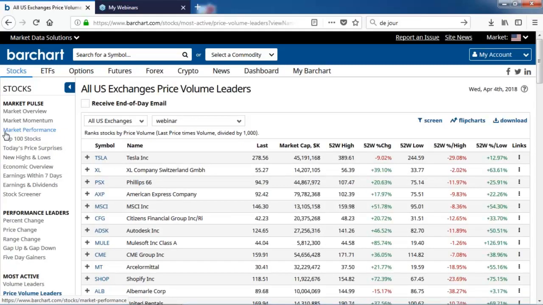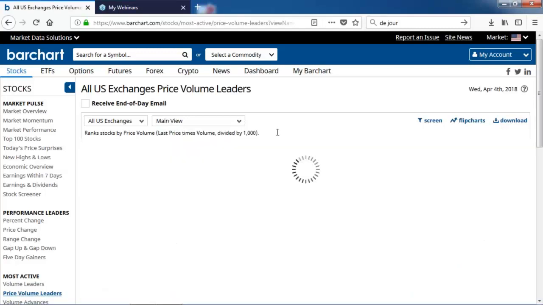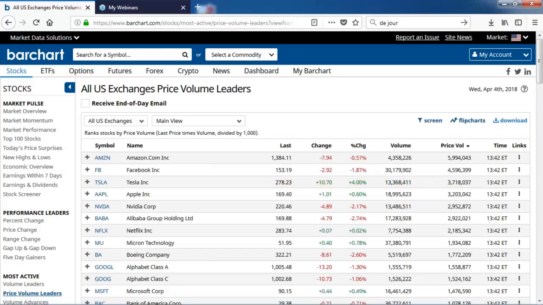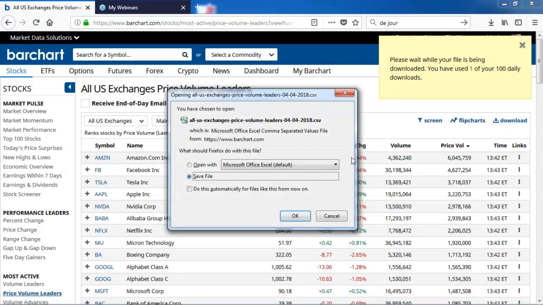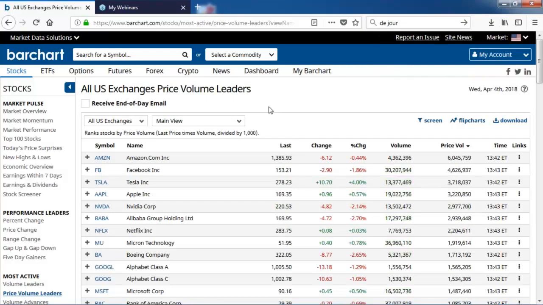It says, can I download the data shown by a custom view? Yes. Whatever view you're displaying when you click on download is the data you're going to get in your Excel file. So if you want to take this information and play with it further, it downloads whatever view you're on. If you're on custom, great. If you're on technical, it'll download that. Whatever view you are using, when you click on the download button here, here's the main view. If I click on download, that would download that particular view. And so now I've got a file, and I can work with that and take that offline with myself.